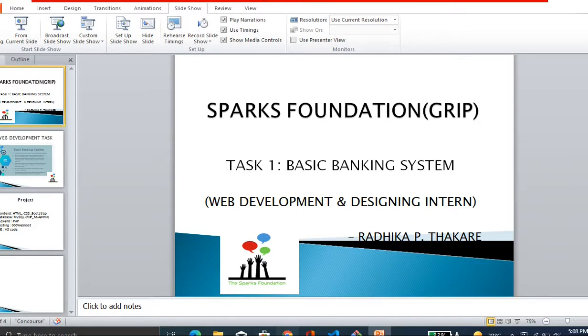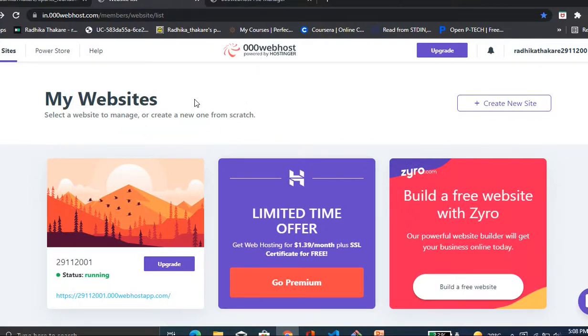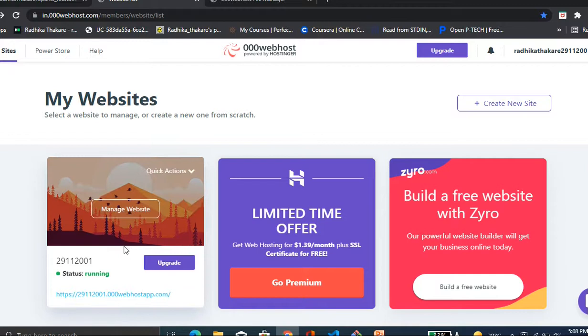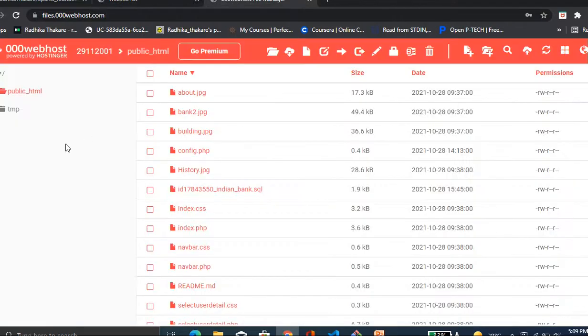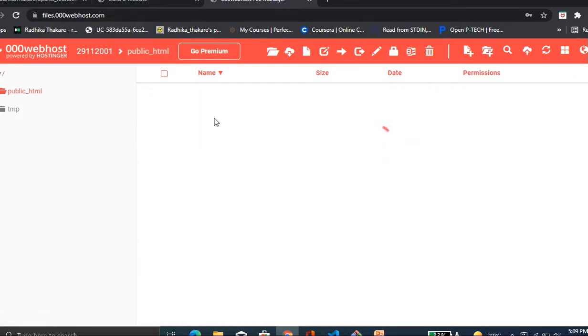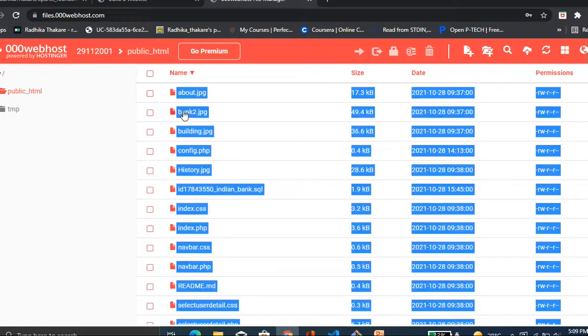Now I have logged in to the 000webhost website. Here we will go inside Manage Websites. Then in the web host File Manager, in public_html we have all the files and images which I have used.